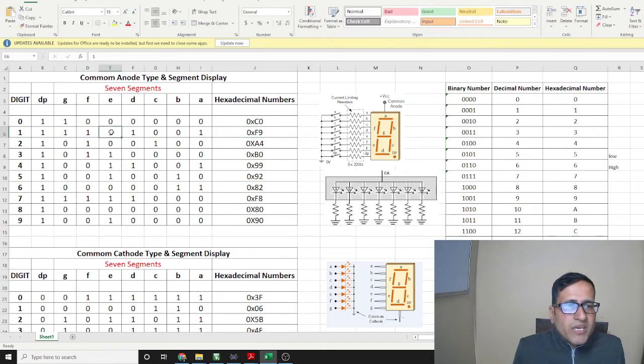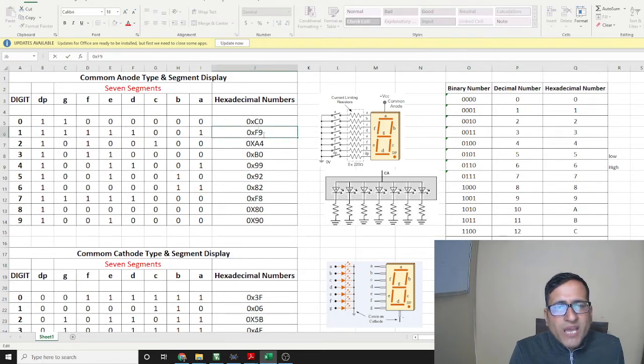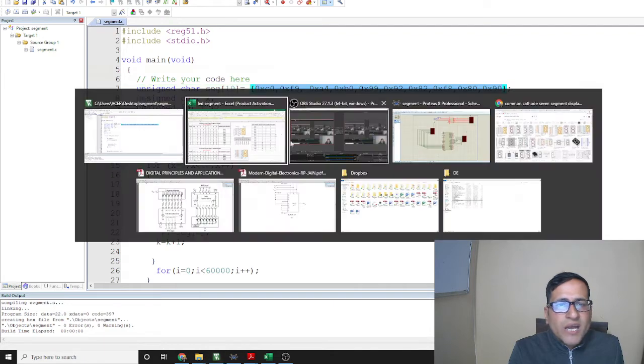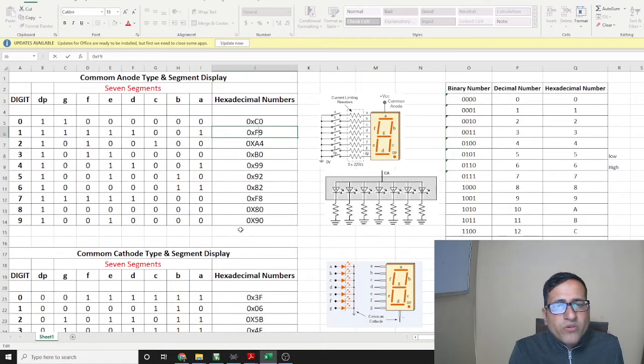Likewise, E, F, G and DP are all 1, which is F. So we will write here 0xF9. We can see this also in our code. We have taken it as 0xF9. Likewise, when we do it, we will be able to assign these hexadecimal numbers for the corresponding digital value.